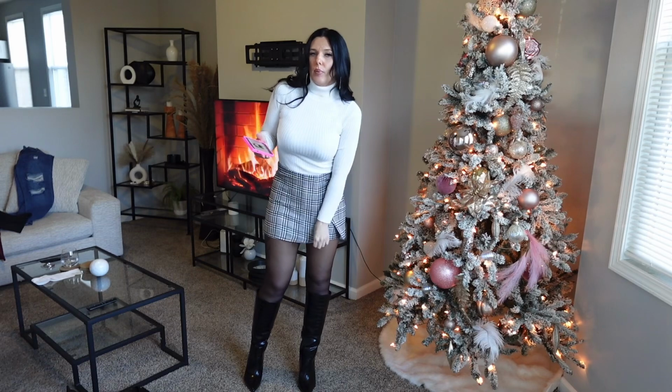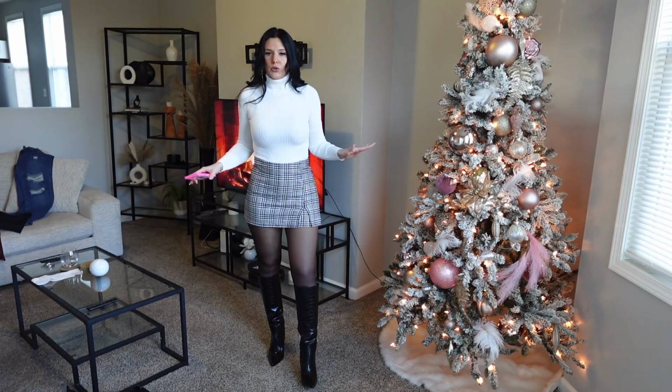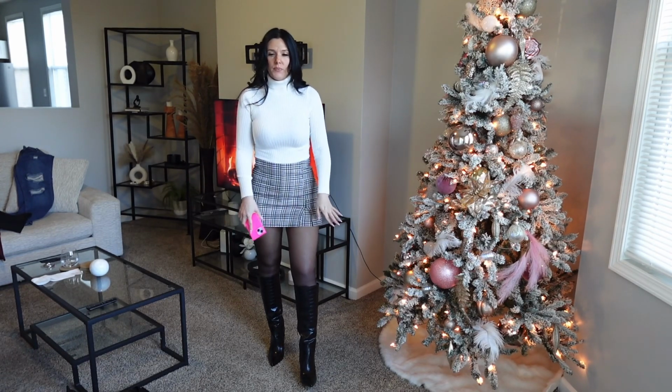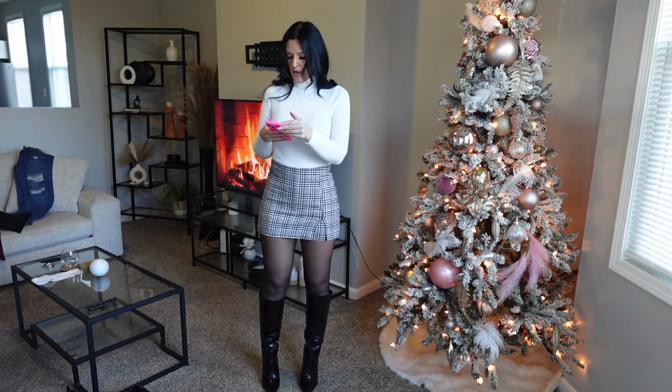Let's get to the bottoms. I am totally obsessed with these bottoms. And even this outfit would look really cute with some flat boots. This outfit is just so cute. I can't wait to get out and wear this somewhere. The bottoms are